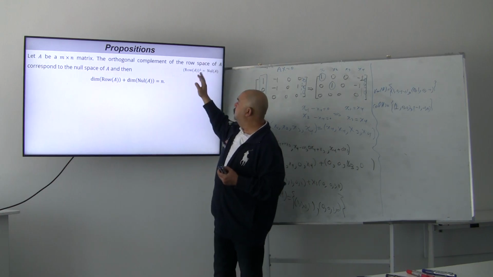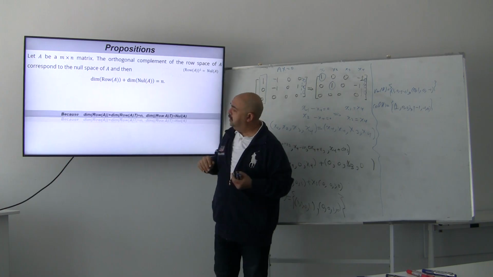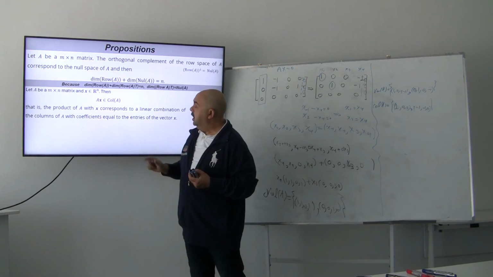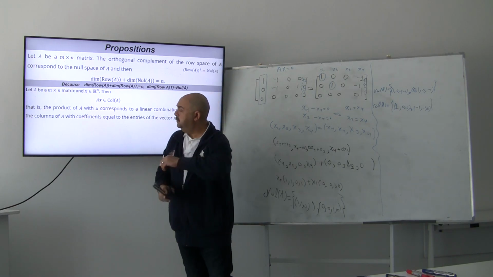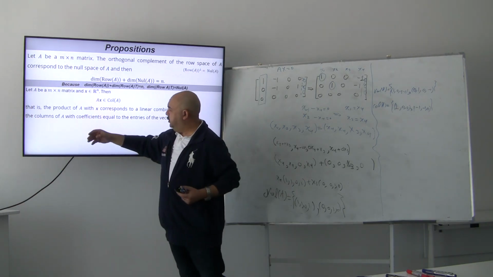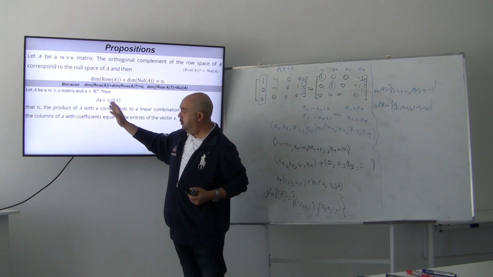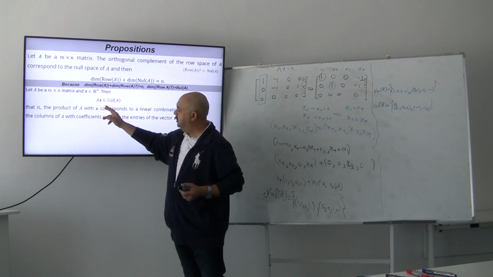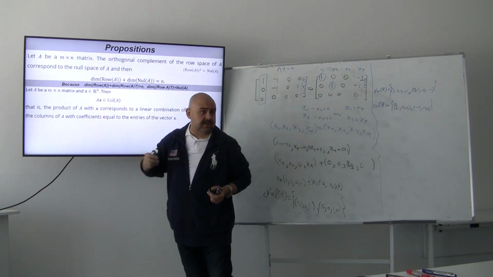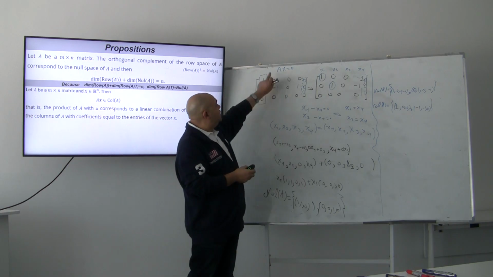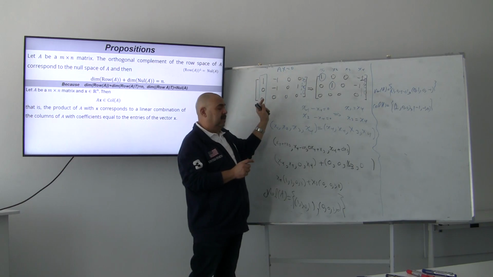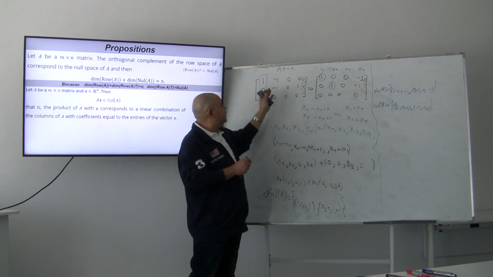Of course, the orthogonal complement of row A equals null A; we really didn't go through this, that's an explanation of what's written here. What I want to say is, let A be an m by n matrix, and x belongs to Rn. I'm talking about the system Ax equals 0. Ax belongs to the column space of A, because once you solve the system A times x, you multiply the first column times x1, plus the second column